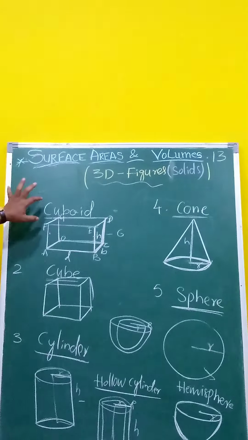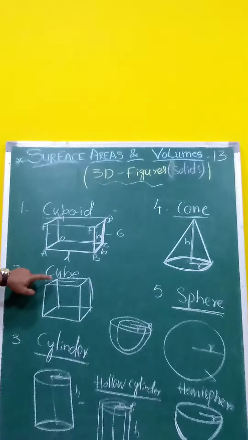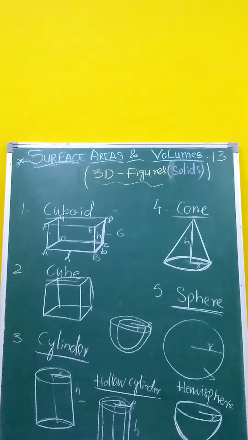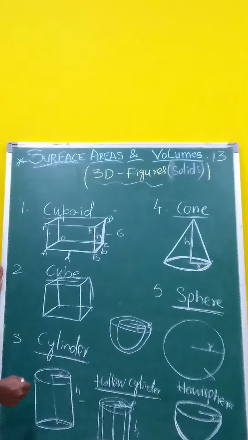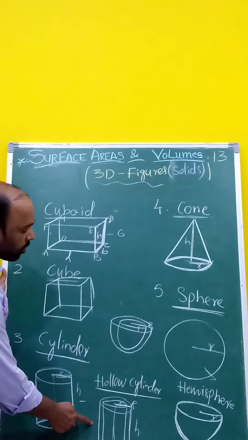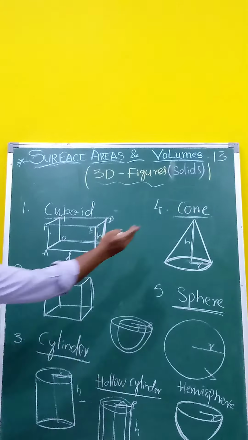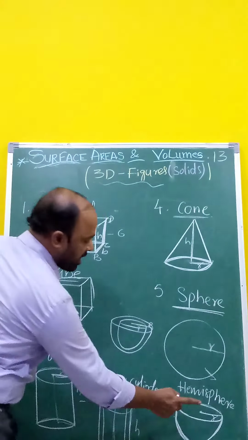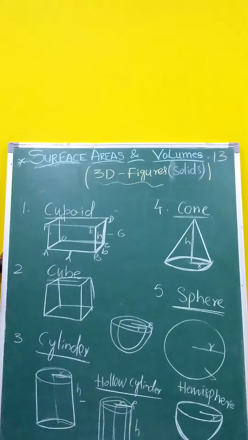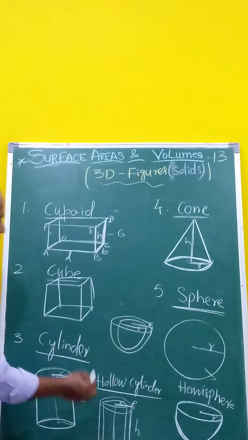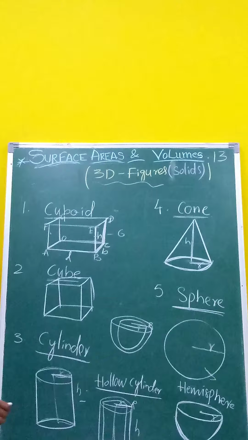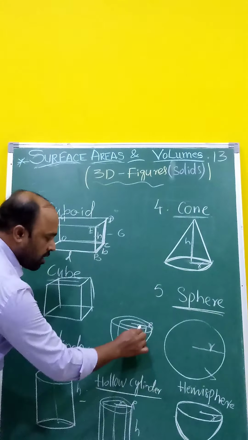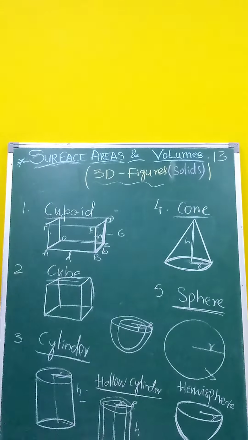Now children, observe how many figures there are in total. Last year in class 8 you learned cube, cuboid, and cylinder. In the cylinder, one more we are learning in depth now, the hollow cylinder. Next is a new figure for you, the cone, a 3D figure. Next the sphere, and two more related to the sphere: the hemisphere and the hemispherical shell. In the hemispherical shell and hollow cylinder, two radii are present: the first is small r and the second is capital R.